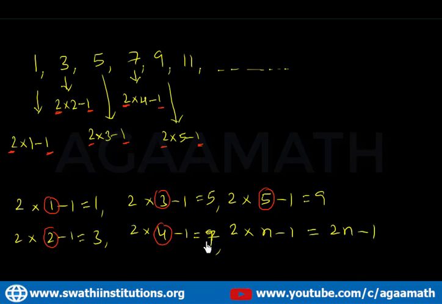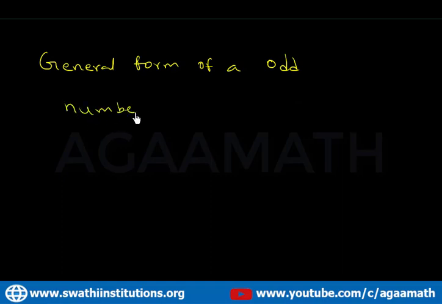So what I tell you is the general form of an odd number is 2n minus 1,